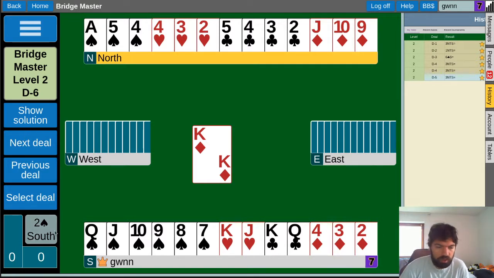Okay. West opened 1 diamond, if I'm not mistaken. Okay, and I balance with 2 spades, which I fully agree with. Not that anybody cares, especially not a software, which is not a living human being. Anyway,